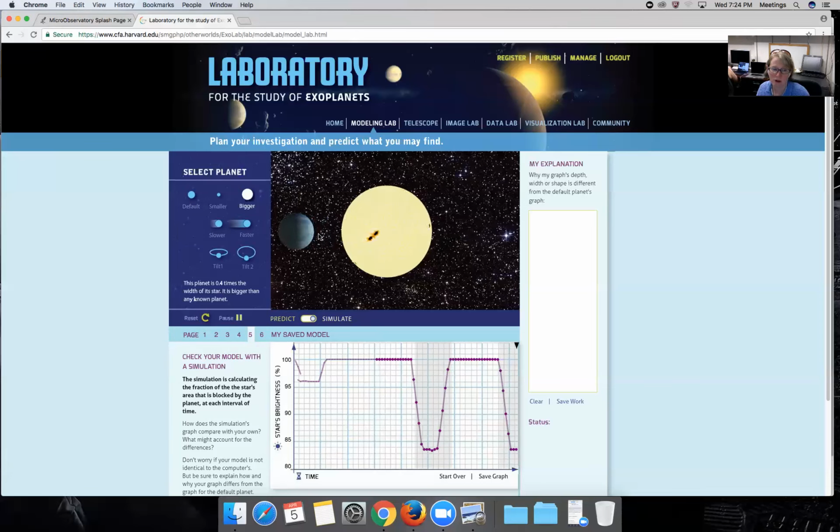And so there's a square or a square root depending on which direction you're going, and we'll see in the data lab next week that we have to take the square root of the depth of the data to figure out the size of the planet. Exactly, yeah. Okay,